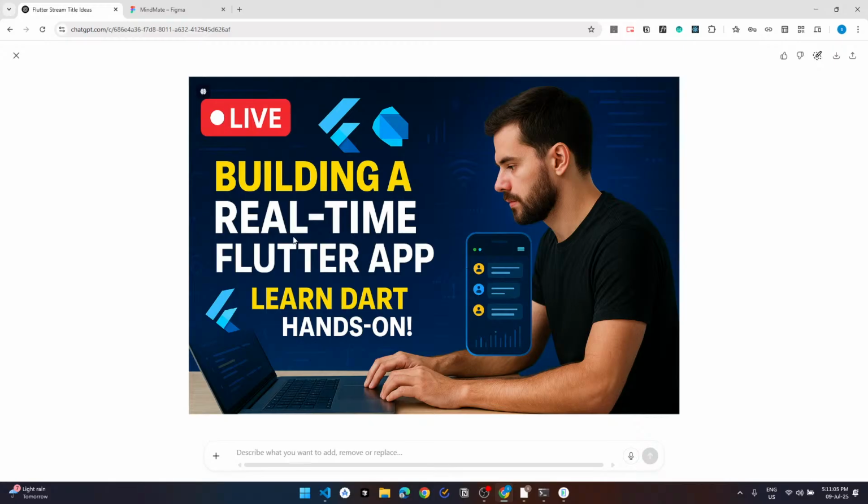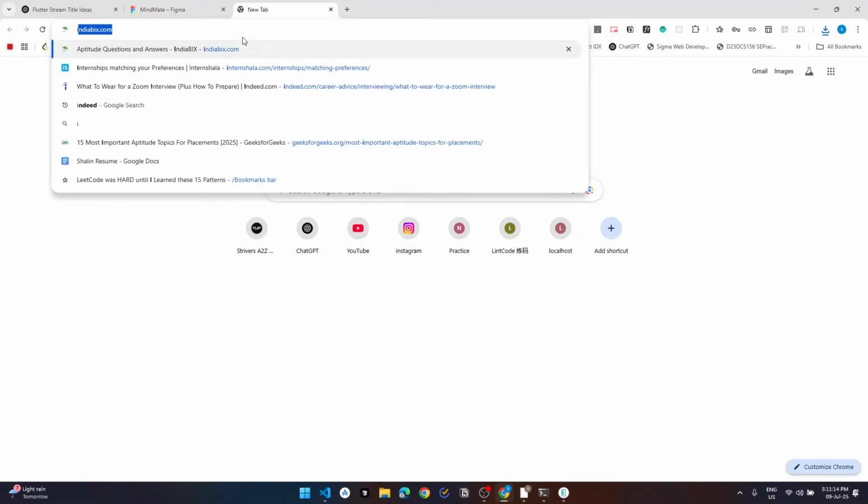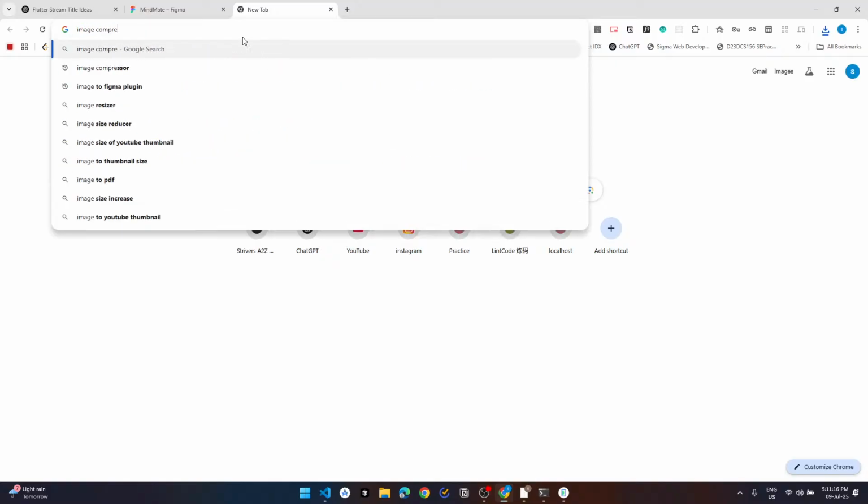Let's go. So we'll save it. Surely it is at 2.2 MB. We're gonna compress it with an image compressor.